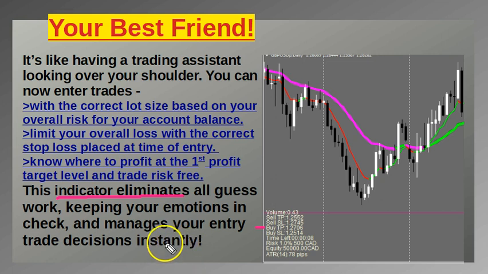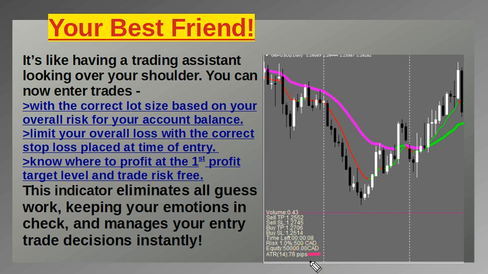Now, isn't that fantastic? Okay, the indicator works on the average true range, in this case going back 14 days, and it tells you right here, let me just take that off. Can you see that right there? The average true range, and by that I mean the candle moves on the average from high to low or low to high for the last 14 days. It moved on an average of 78 pips, and this indicator is